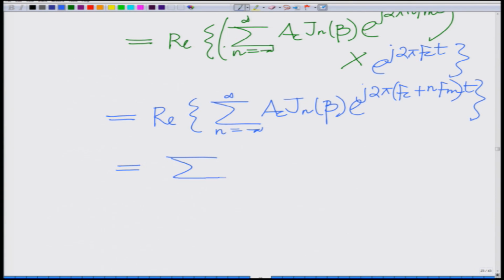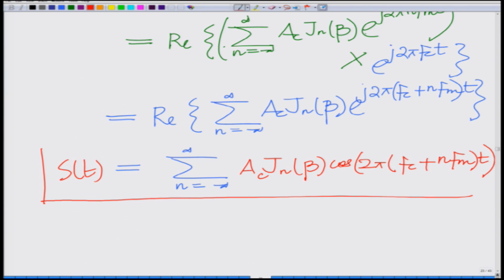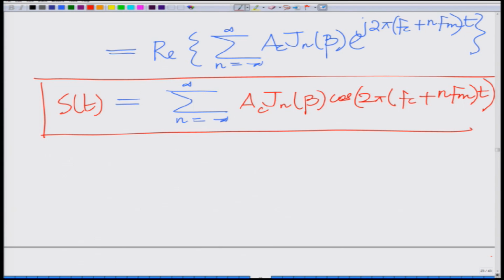So, this is simply summation n equal to minus infinity to infinity A_c J_n(β) cosine 2π(f_c + n f_m)t. That is your s(t), which is your passband signal. Remember, the expression for s(t) is A_c cosine(2π f_c t